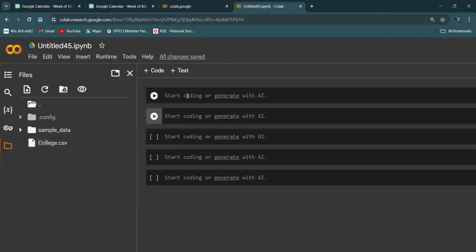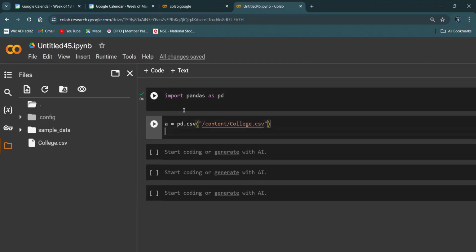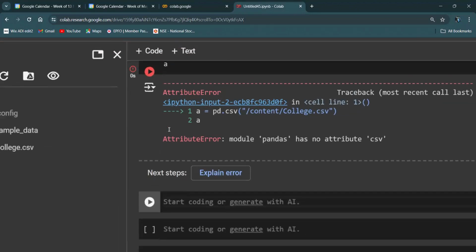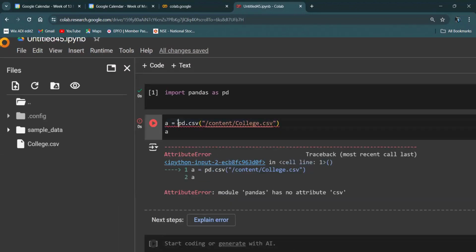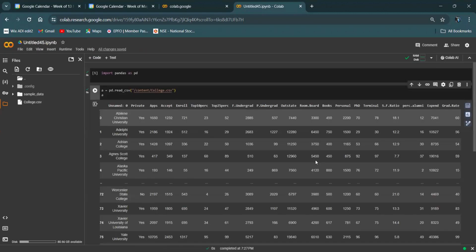If I want to show you now, I need to import pandas as pd. Then A is equal to pd dot read_csv, since this is a CSV file, and this is how I'll get the data. A is a variable. I'm reading the file, so this is the data, and this data I need to analyze now.